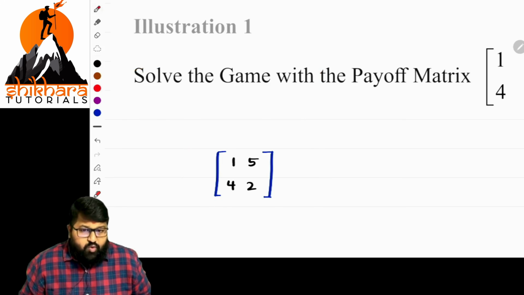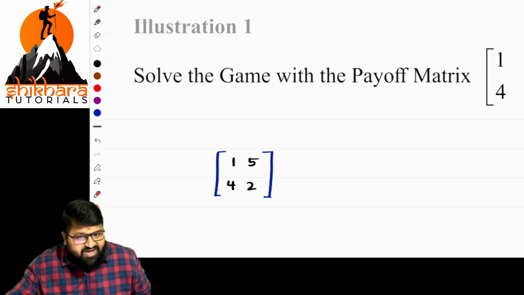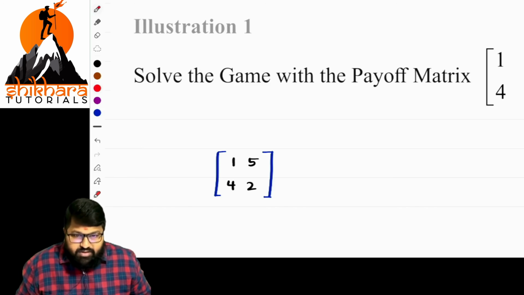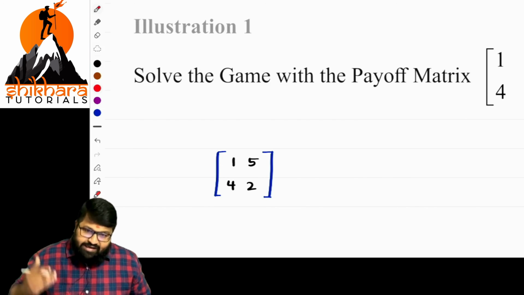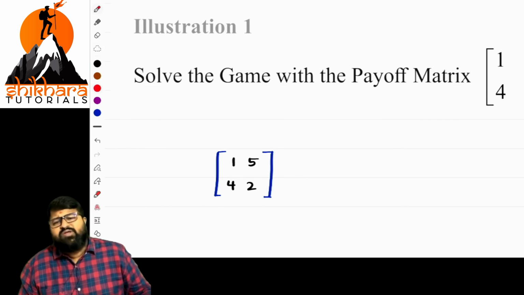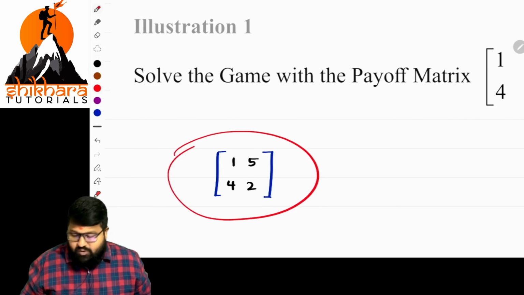Sir, when we are going with a problem, first thing, let us go with a saddle point. If the saddle point is reached, then the answer is done. If the saddle point is not reached, then we go for mixed strategies. If it is a 2 by 2 matrix, we can apply the odds method. If it is not a 2 by 2 matrix, we go with the dominance rule. And at the end, when it is 2 by n or m by 2, then we go with the graphical method. So now let us apply the maximin and minimax.